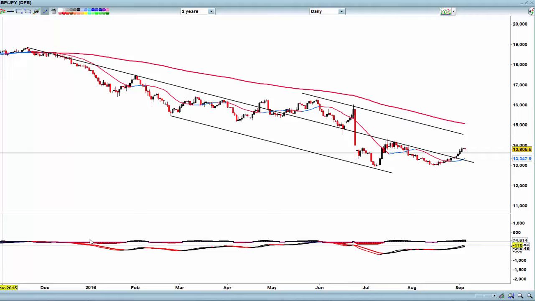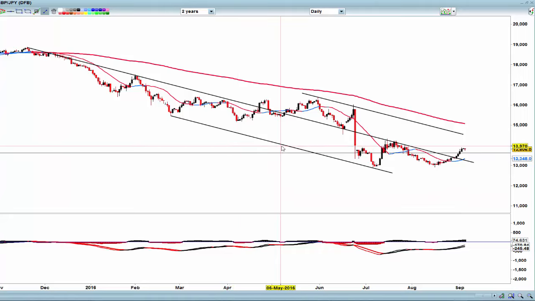Okay, let's look at the yen pairs because they've been a fantastic performance recently, and this is the pound yen. I'm looking for the pound yen to come back to the 136 area. Very much like it to pop down there on any inflation reports, just to scoop up some trades down there and see if we can then get back up to, I think the obvious stop is 140,